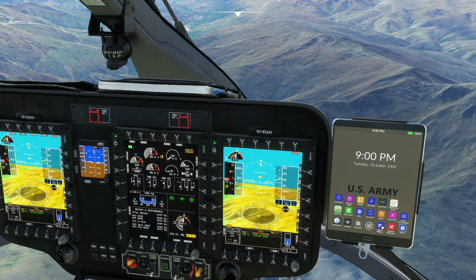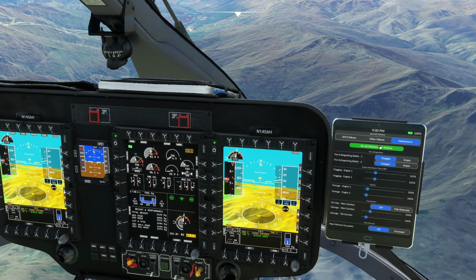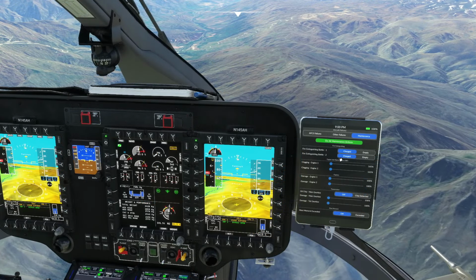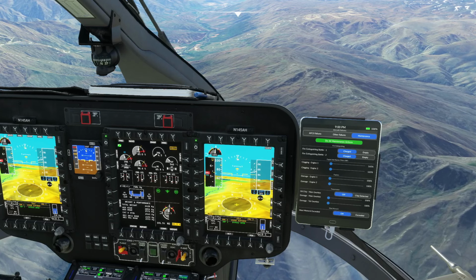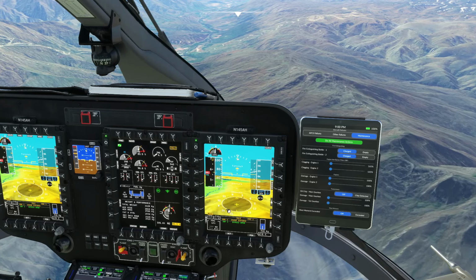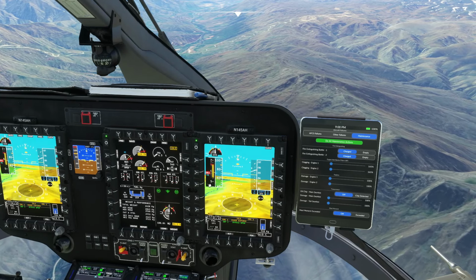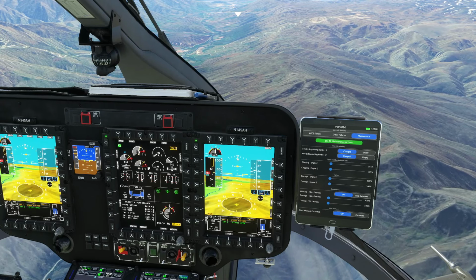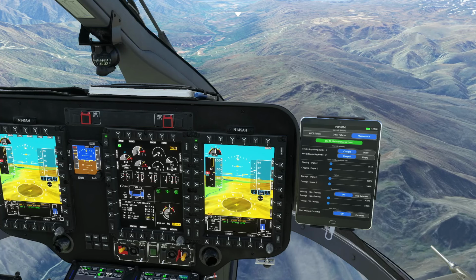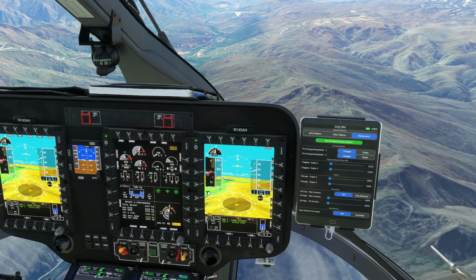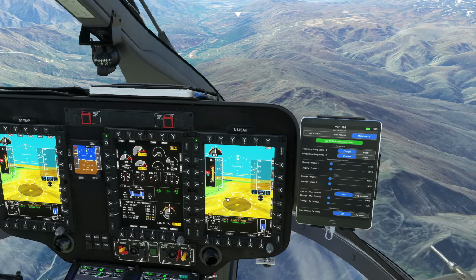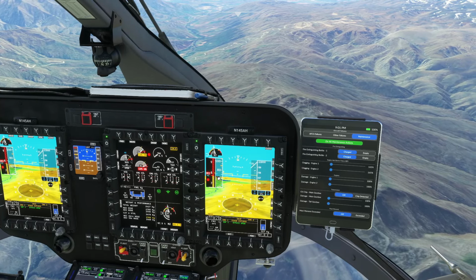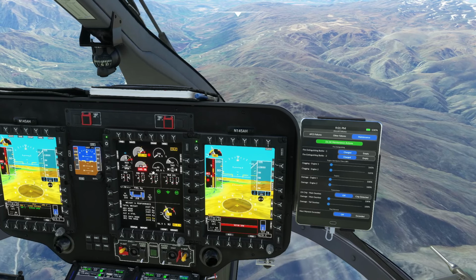Alright, so I'm going to come right over here to maintenance. I'm going to do all maintenance actions. I'll have to ask on that, because it definitely does not do it. So, if I were to pull, so right here I have OEI high. That lets me know that my topping is at the top of the 30-second limit. If I pull up above the top of that 30-second limit, so I hit it and I keep pulling,